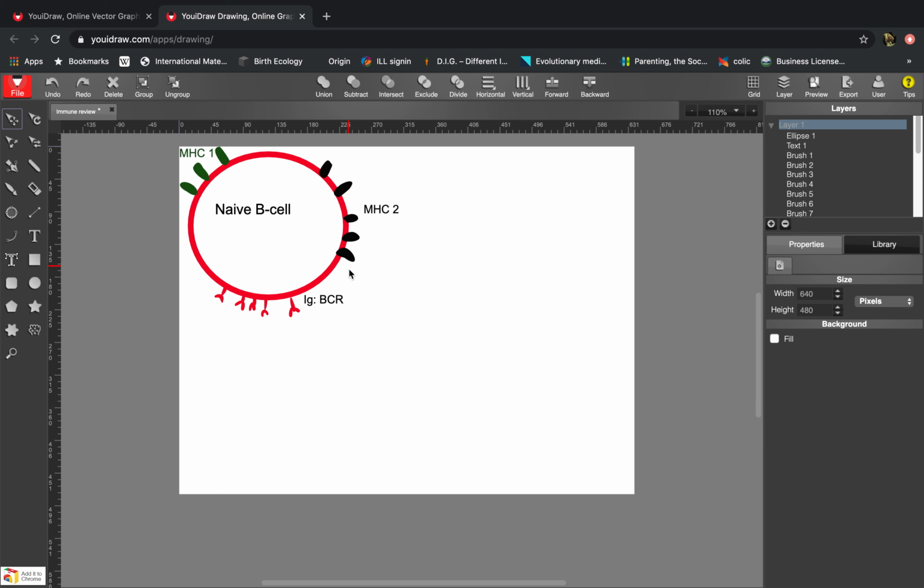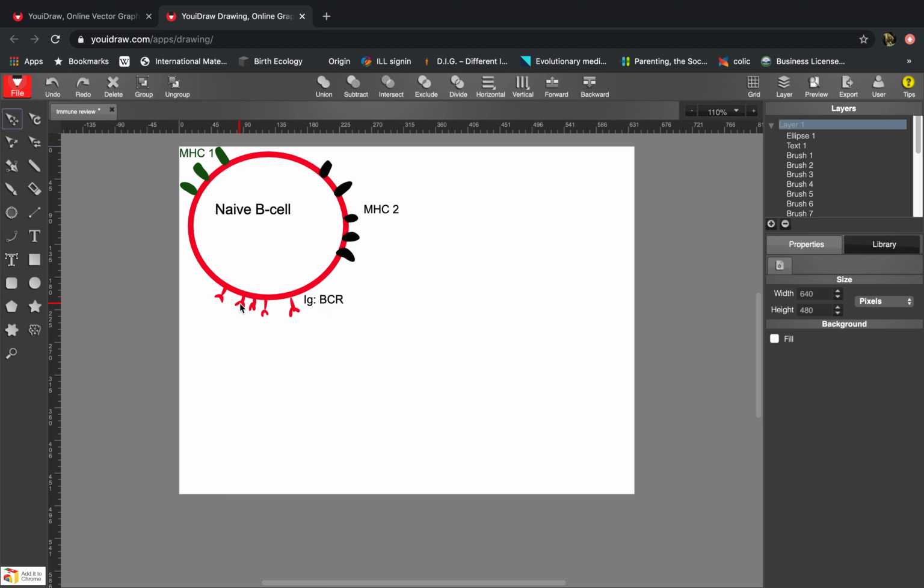Here in red, you have the immunoglobulins. Here in black, you have the MHC class 2s. Remember the B cell is a phagocyte, and it's not just a phagocyte, it's an antigen presenting cell. That means it's a phagocyte that, after it phagocytizes a pathogen, presents remnants of what it digested on the MHC class 2s, and it also has MHC class 1s, like all of your cells. MHC class 1s are the self-tag. We're not really going to work with MHC class 1s,